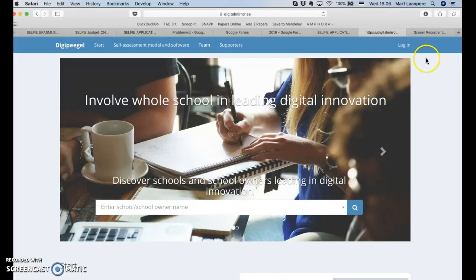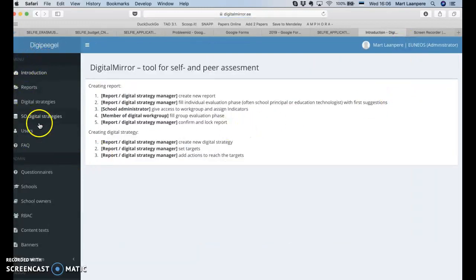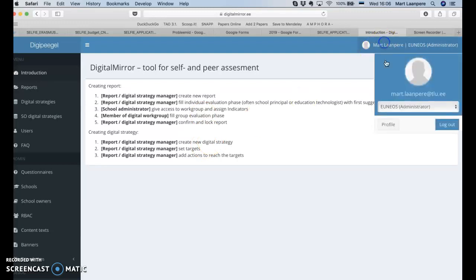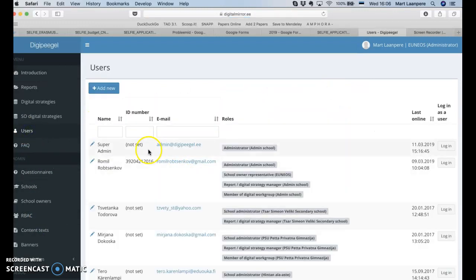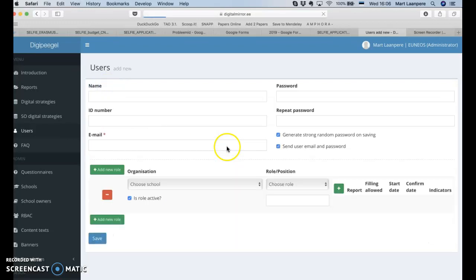So, how to create users in DigitalMirror? You log in, then you select the role of administrator, not the school administrator, but general administrator. Then you click on users, then add new, you add the name,